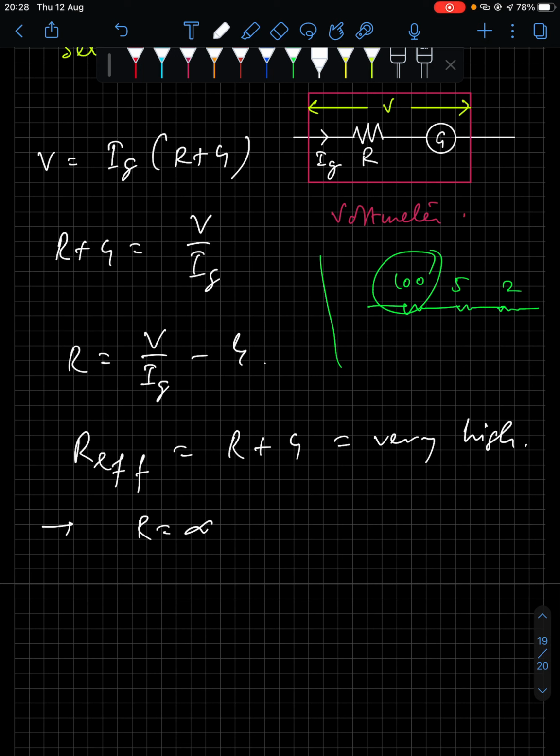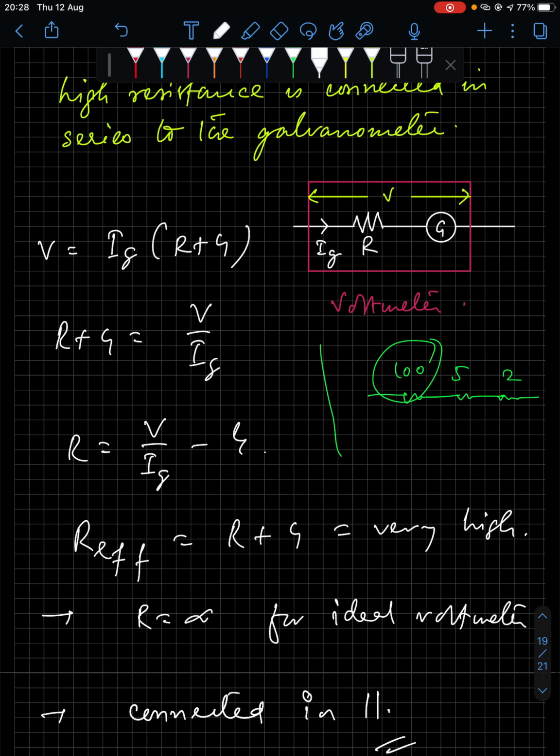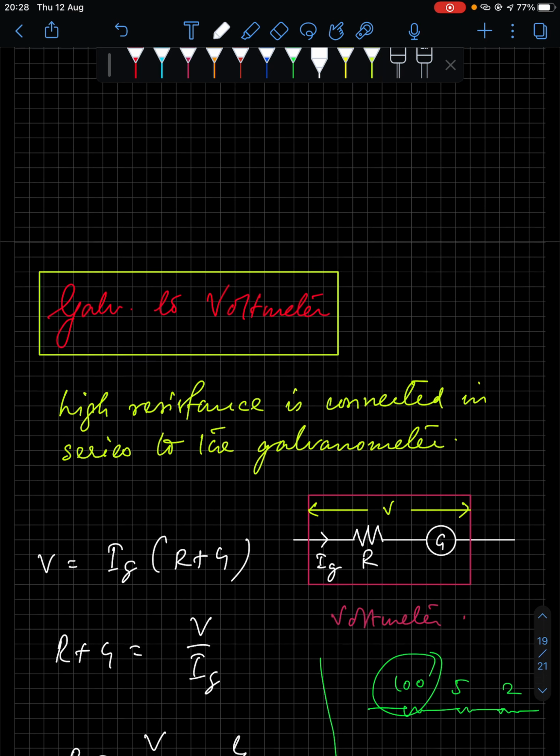That is for an ideal voltmeter. Always know that a voltmeter is connected in parallel across the circuit where you want to measure the potential difference. A voltmeter is always connected in parallel. So this is what we have in the lecture. We'll see the exercise questions in the next class. In case you have any doubt,